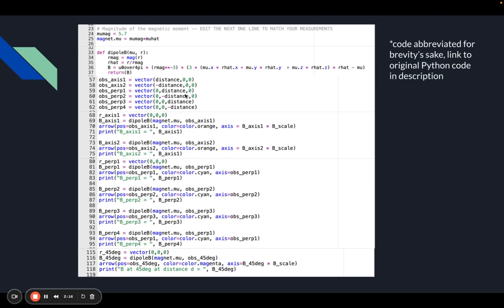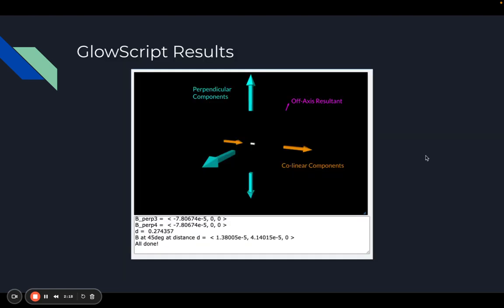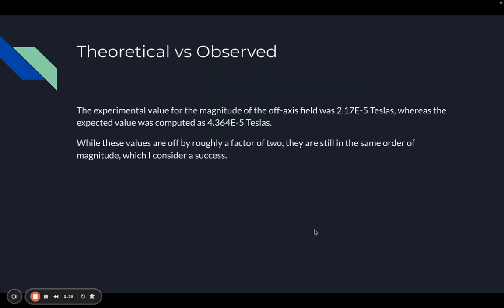And then these are the results of that code. In GlowScript, you can see in orange the collinear components of magnetic field. Here in cyan, you can see the perpendicular components, and here you can see the resultant vector. And these results here, the magnitude of this was found to be